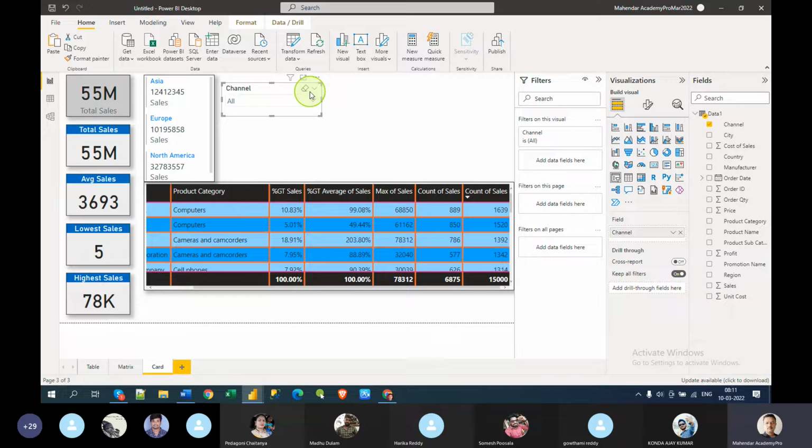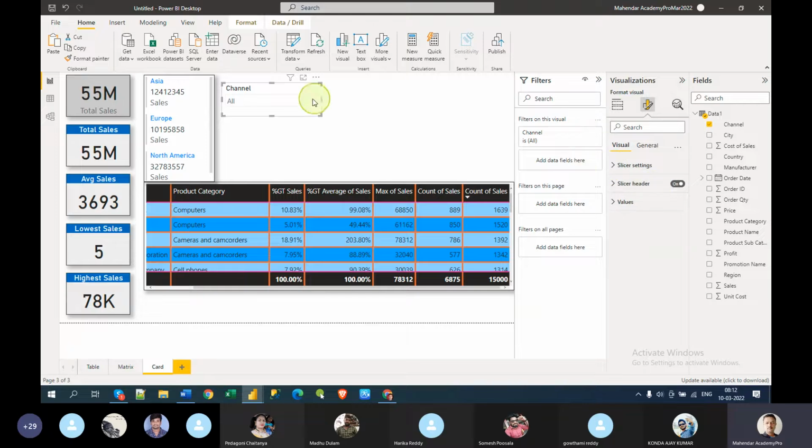One interesting thing is this. A customer was asking, when you select this, it completely occupies the space. My customer wanted a tick mark instead. It is not a custom visual.